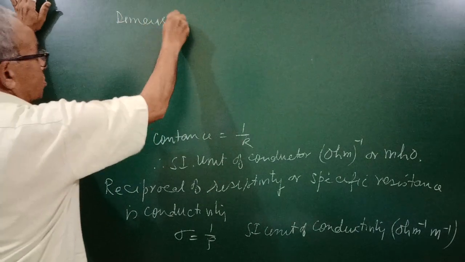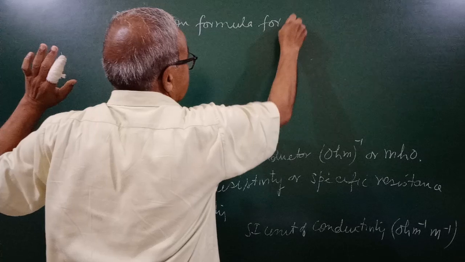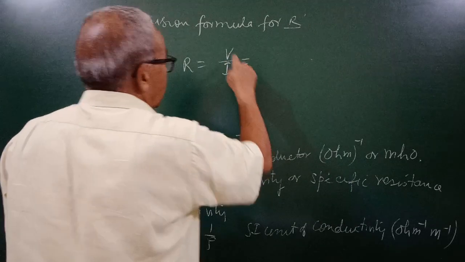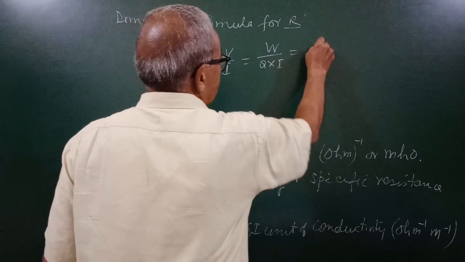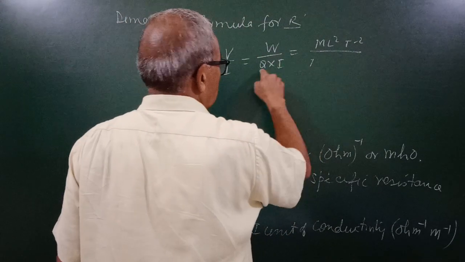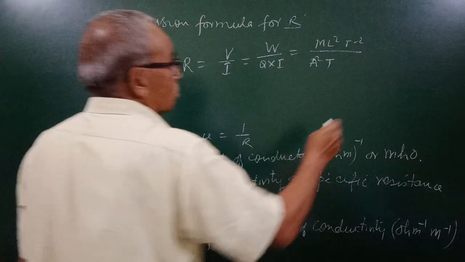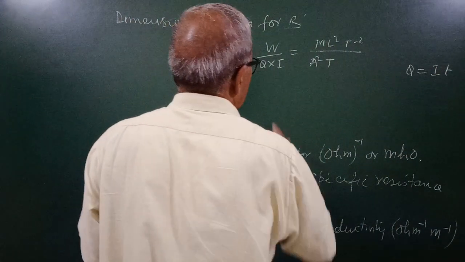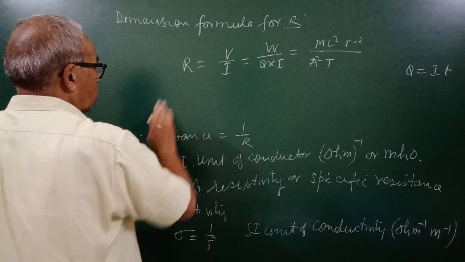Dimensional formula for R, resistance: R equals V upon I, and V equals W upon Q, that is W upon I into t. Dimension of work is ML^2T^-2, and charge Q has dimension IT, and there is one more I here. So the dimensional formula for resistance becomes